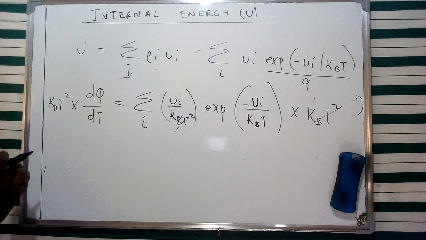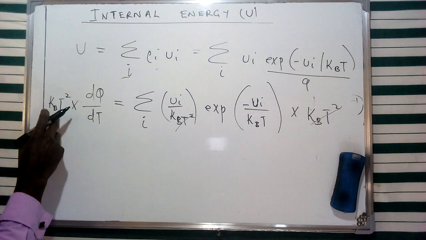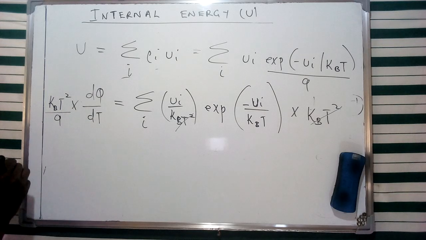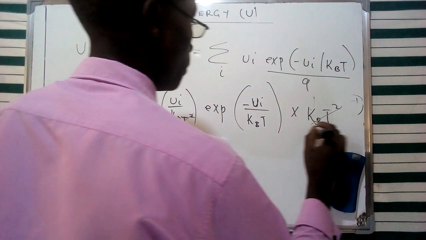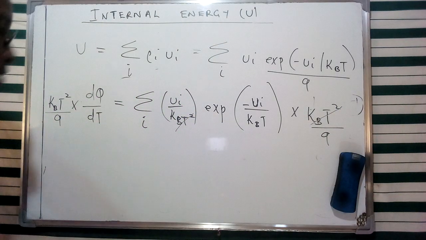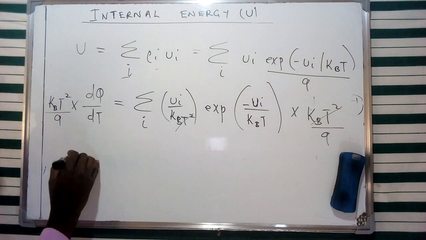I'm just doing this because of space. Multiplication on both sides of this equation by kB times the square of T, and then we're going to do a subsequent division by Q, and then we're also going to do this one by Q respectively. So I presume that this is going to be 1 over Q given as such. So therefore, we are going to have a resulting